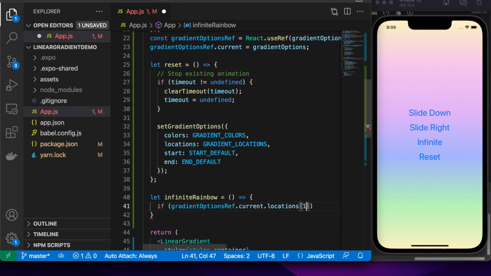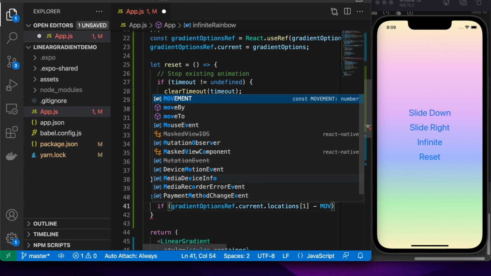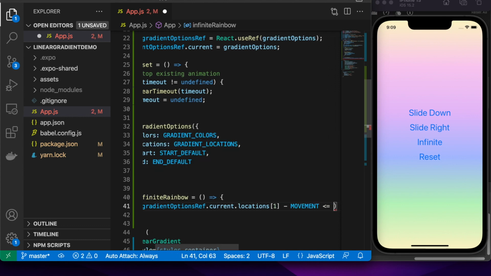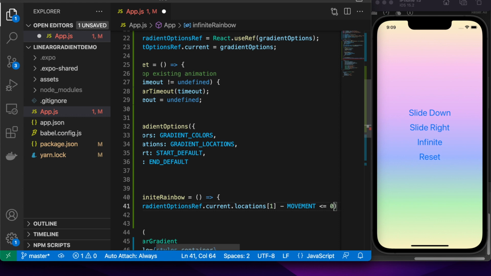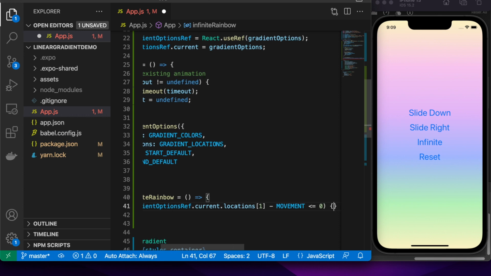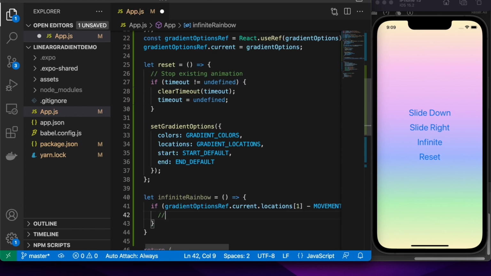So we're going to want to check that first location and see if it's going to hit 0 or be less than 0 after the movement, in which case we're going to just want to reset it and shift all the colours because we're at the next phase.